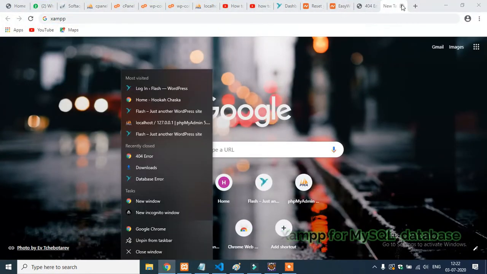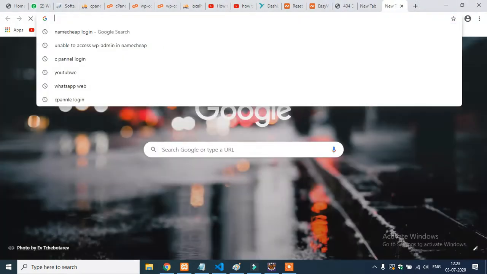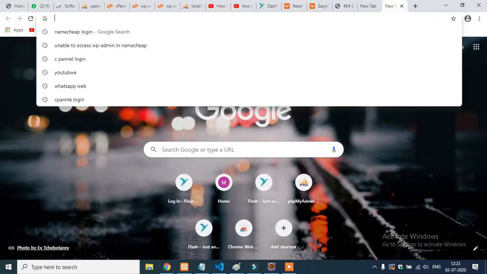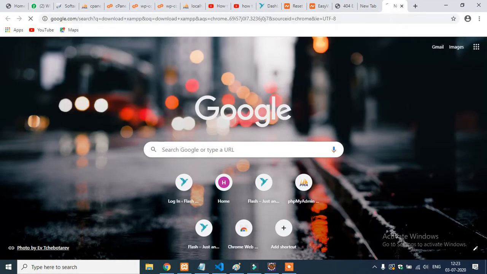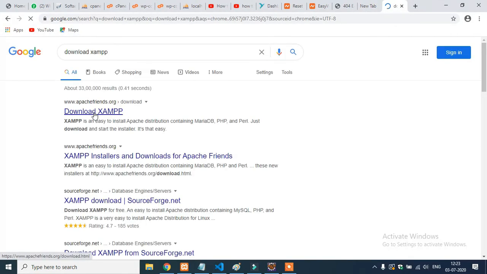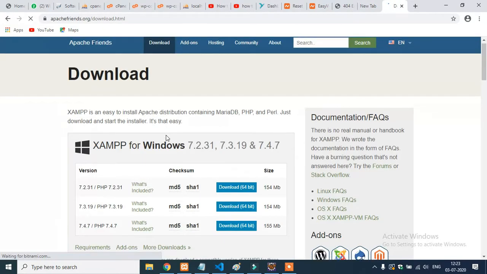I've already downloaded this MySQL XAMPP, but I will show you how to download it. Let's go to Google and type download XAMPP. Click enter, and you see this download XAMPP. Click on it, and you see this option.